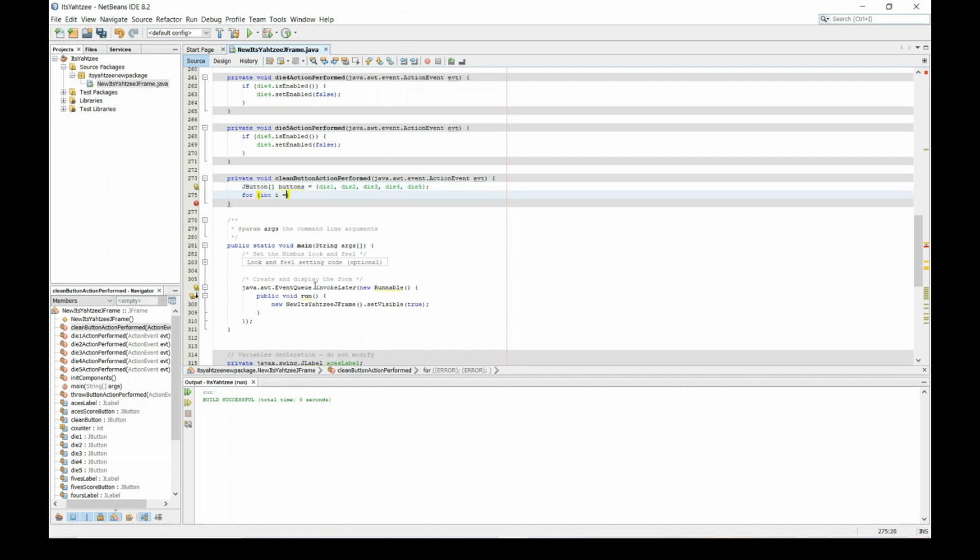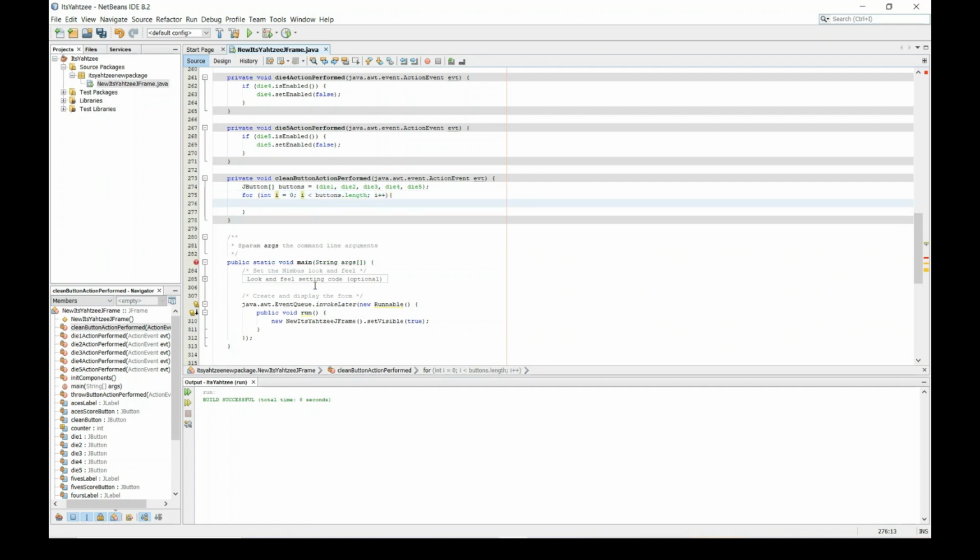For integer i equals 0, i is smaller than buttons length, and then i plus plus. Then just do this. Buttons